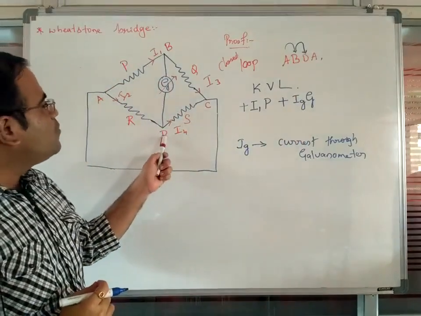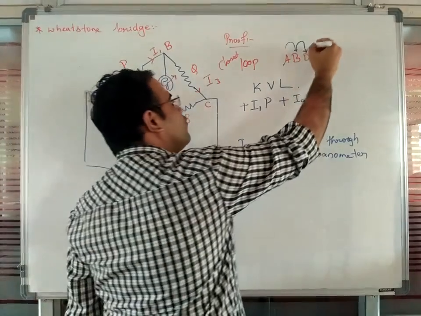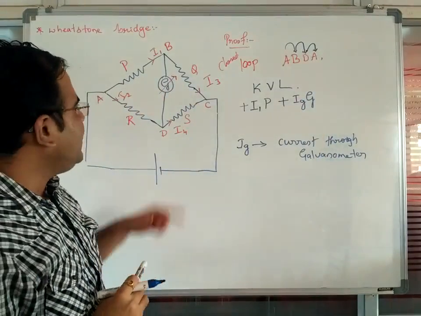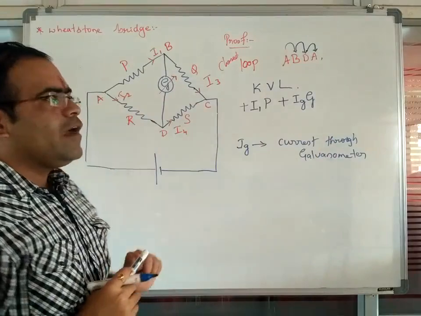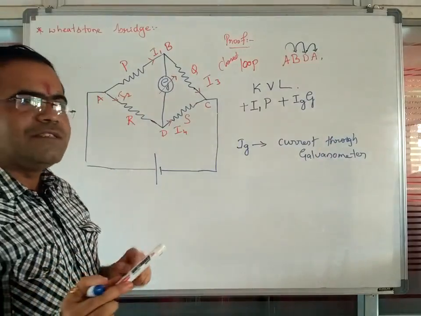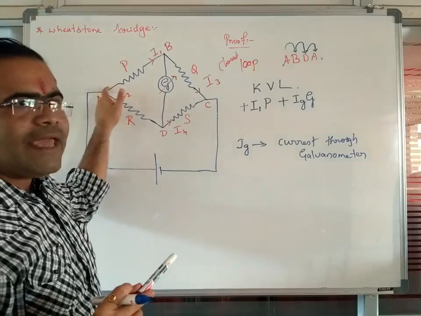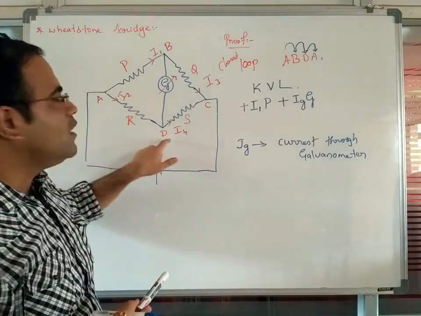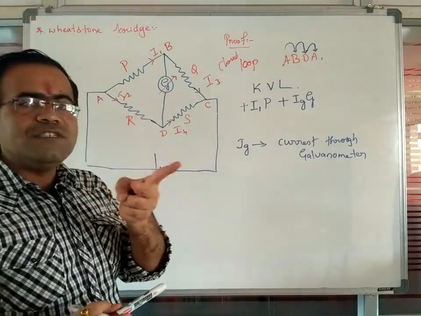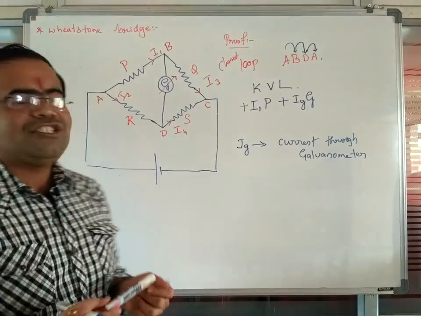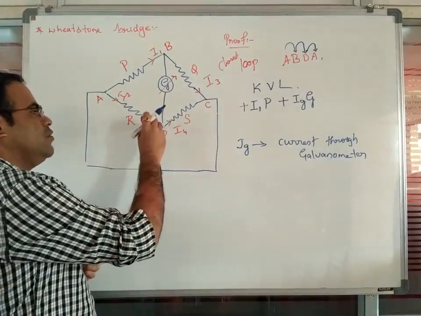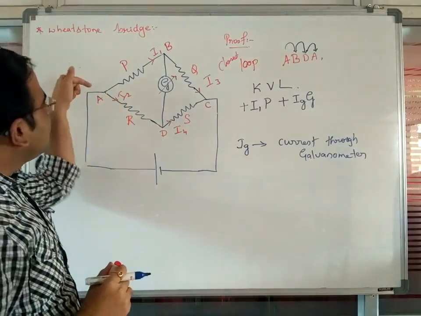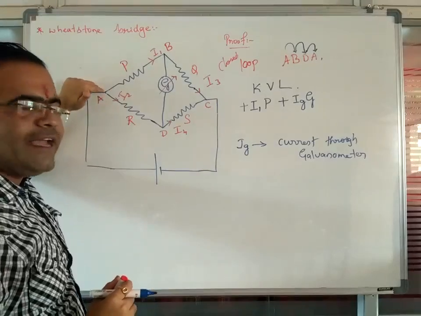So after coming to point D, now you are going to move from point D to the point A here. Now you consider point D to point A. So our calculation order is from point D to the point A, but the electric current is flowing from point A to the point D. So there is an opposite direction. Calculation order is from point D to the point A, whereas electric current is flowing from point A to the point D.